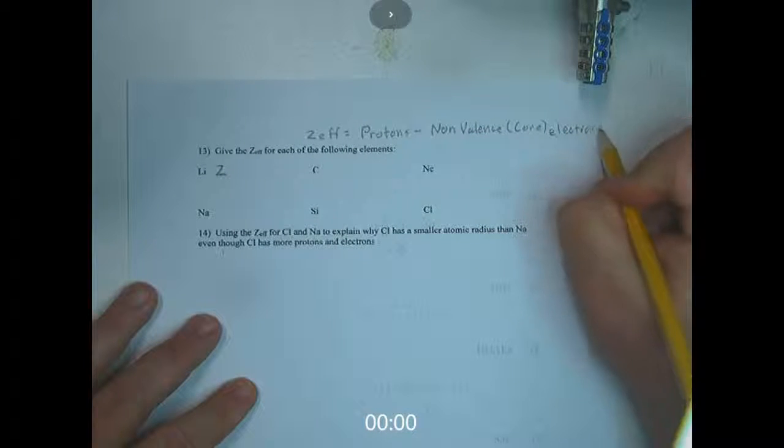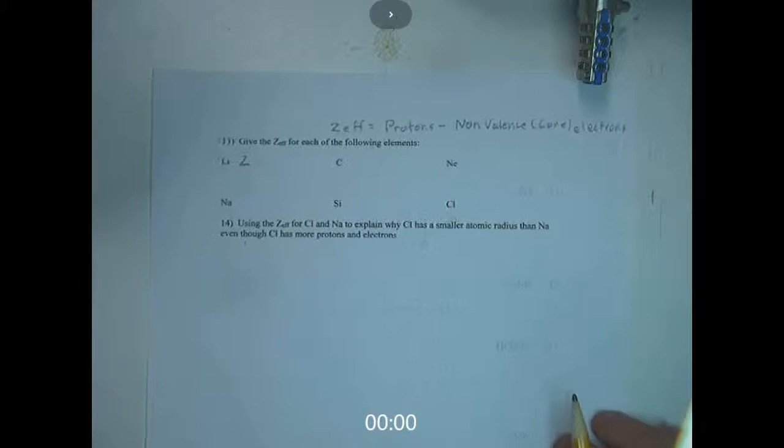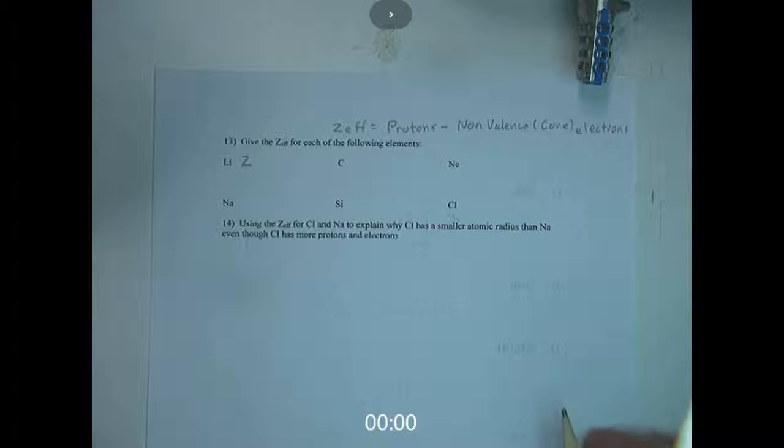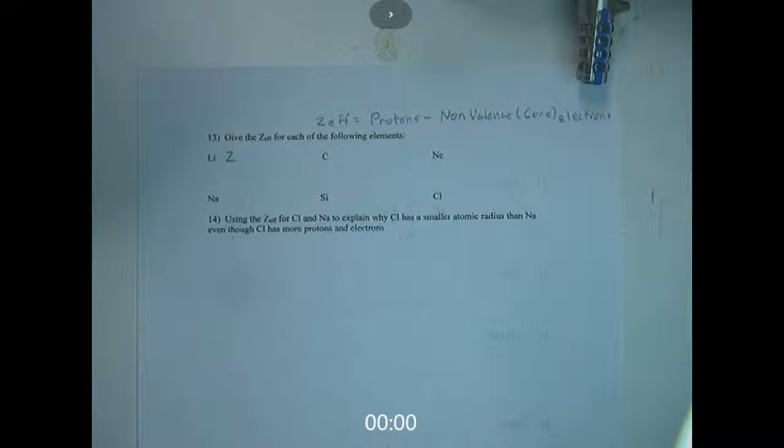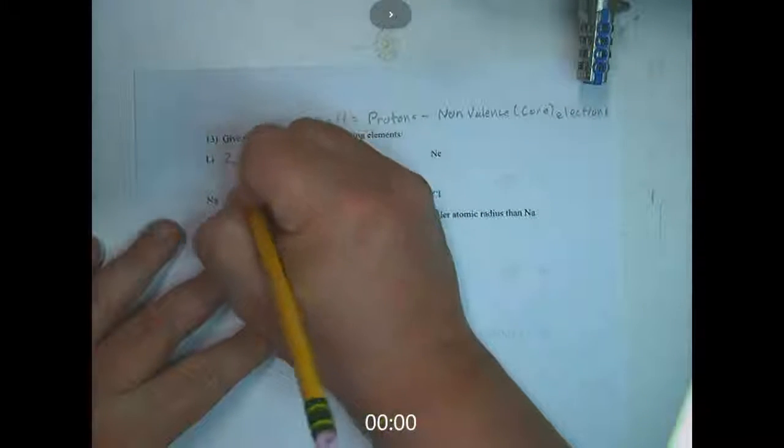What it's basically saying is how much the outer electrons are being blocked out by the inner electrons from the nucleus, and therefore, if there's a lot of blockage, if those outer electrons are really obscured from feeling the pull of the protons, then they are going to be more easily ionized, and it means that the radius of the atom will be larger because they won't be pulled in quite as much. So here we have Z effective,